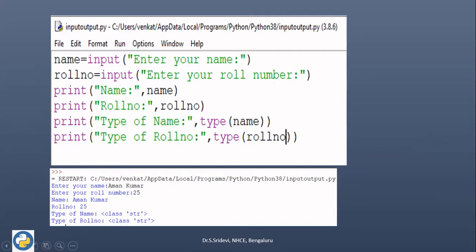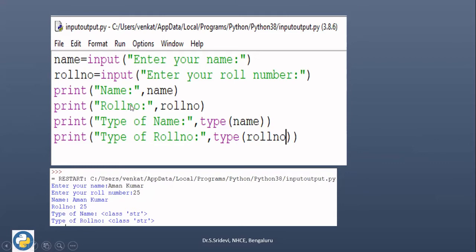Now let us see how to print these two data. After reading name and the roll number, I want to print them. So to the print function, I'm going to pass a string. I want to first have the display as name is equal to, so I'm giving that inside double quotes. After that, whatever name is stored in the variable name should be displayed. So we can call the variable here by just naming the variable. So here it is name. And whenever we print a string along with the value of a variable, we have to use a comma here. So I am giving a comma.